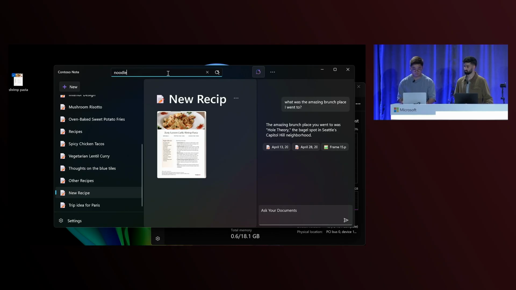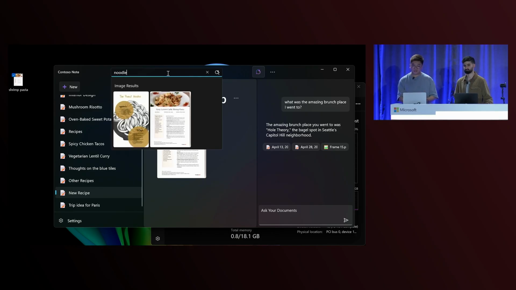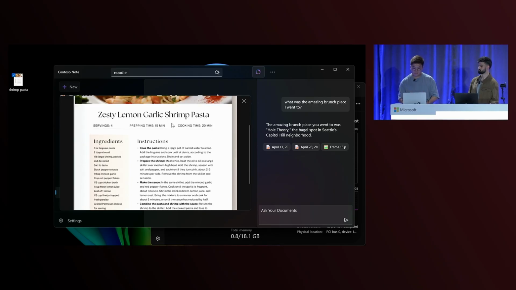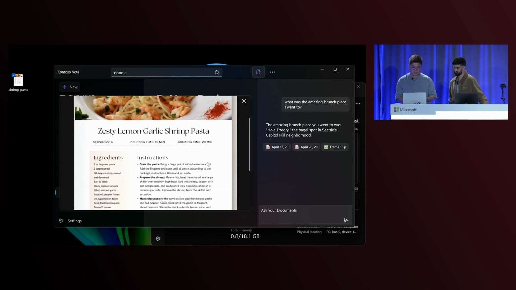I'm going to search for a noodle, of course. As you can see here, not only the noodle dish that I had in my recipe earlier, but also this newly added shrimp pasta image gets discovered because the picture looks like a noodle dish. And it's great. If I'm craving noodles, pasta is a viable option for me. And I think it doesn't even have the word noodle in it. It does not have the word noodle in it. Why would you have the word noodle in a pasta recipe, right?